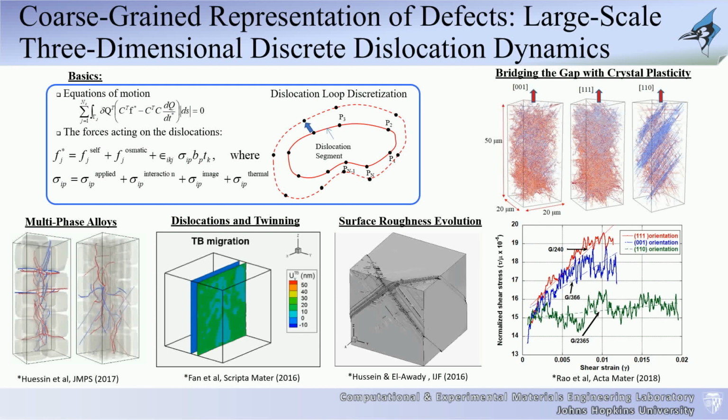You can write equations of motion. These are actually quasi-static type of equations of motion. You can calculate forces on these dislocations, and you can solve these quasi-static equations and evolve the dislocations over time, and thus you can get a better understanding of how these dislocations are evolving. Traditionally we've done these types of relatively large simulations of 20 by 20 by 50 microns, so this is relatively a huge volume, and you can look at evolution of dislocation microstructure.